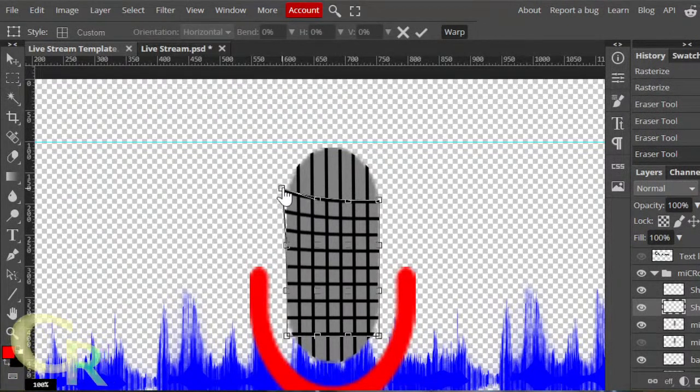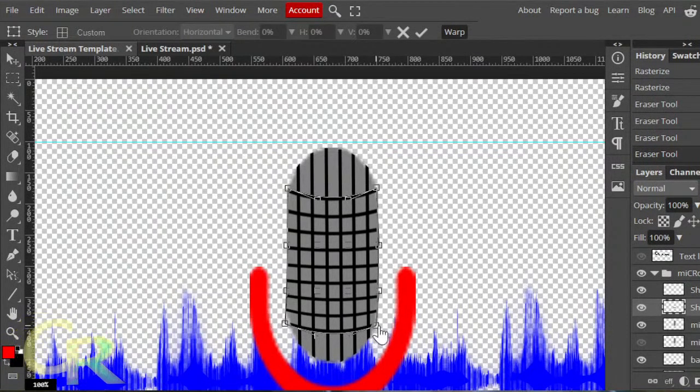So I'm trying to make it look like it's turning, if that makes any sense. Because a mic like this is curved in front, almost like your mouse if you're looking at it. If you've got one of those, or a mug, you kind of notice that it's curved. So I'm trying to make the lines in there so it gives that illusion. So you're seeing the lines curve like that.